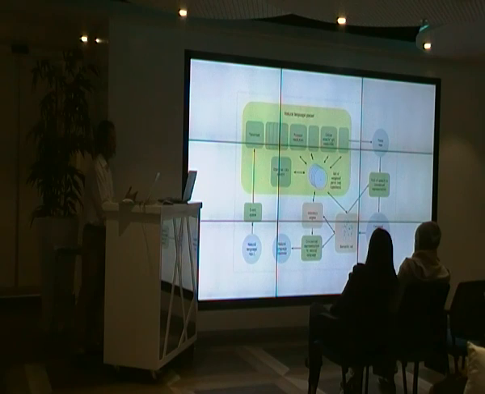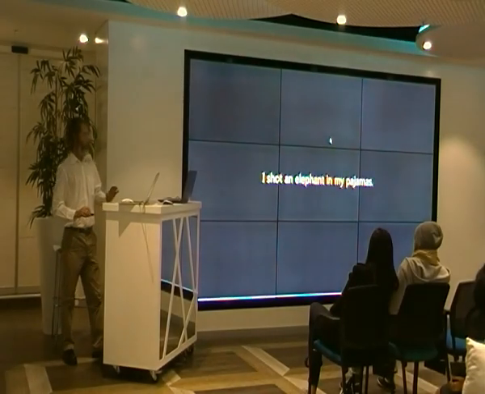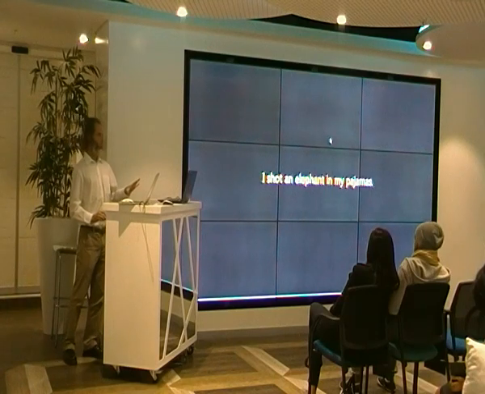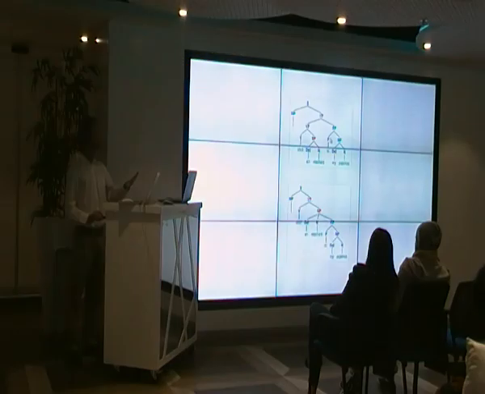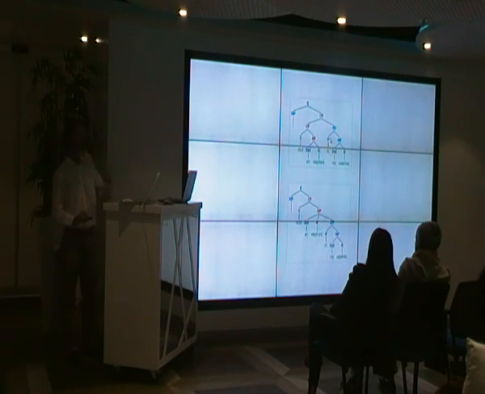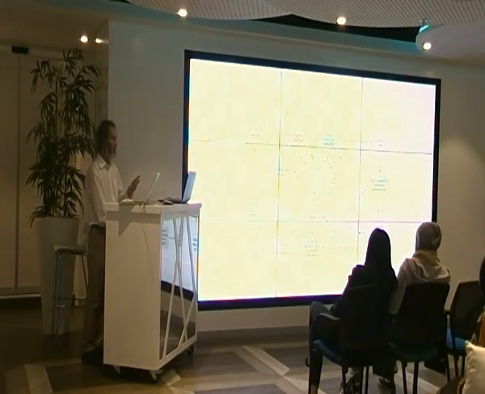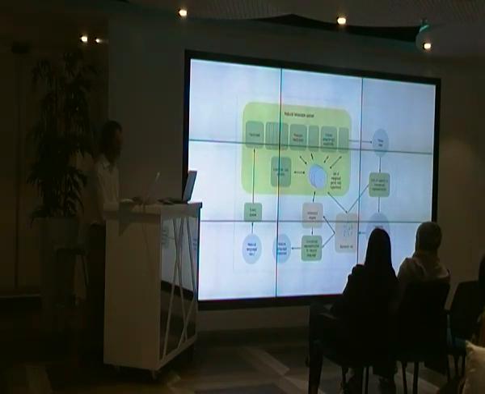Clause attachment resolution. If you have a long, complex sentence, I'll show you an example here. I say, I shot an elephant in my pajamas. That's ambiguous. It can mean one of two things. It means while I shot an elephant, I was wearing my pajamas, or I shot an elephant that was wearing my pajamas. That sort of ambiguity pops up all the time in complex sentences, and they manage to handle that quite well.